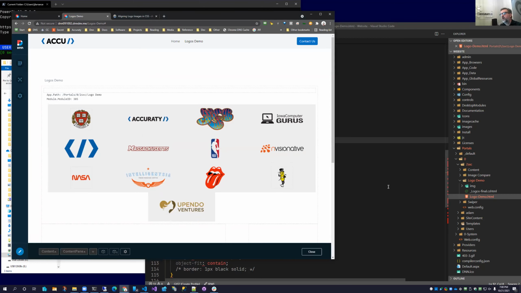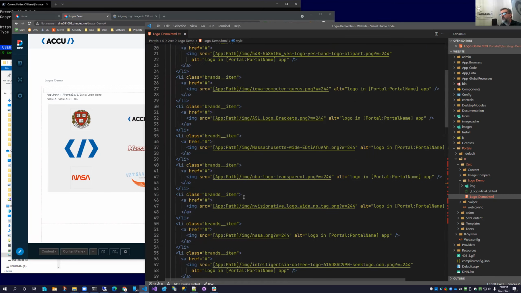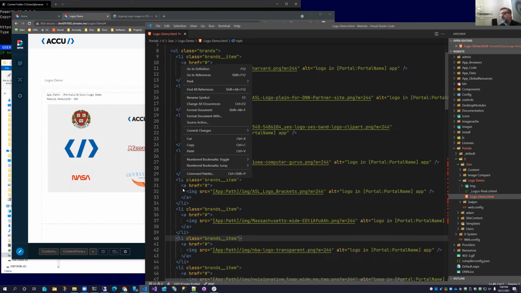Okay, so what's really nice here though is to understand that using the token files, you're putting plain HTML on the page in a way that's protected. So in the old days, you had to fight with your DNN HTML module because it would strip out your stuff or change things on you. This doesn't do that. This does a raw emit right to the page, and it works really great.